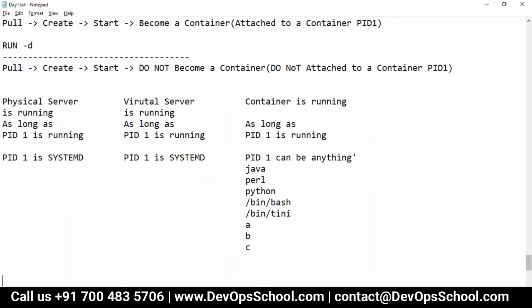So in a nutshell, as long as anything is running, your container is running. So will you remember this one? Container's PID 1 can be anything. As long as whatever you put in the image is running, your container is running. I hope it is clear now.